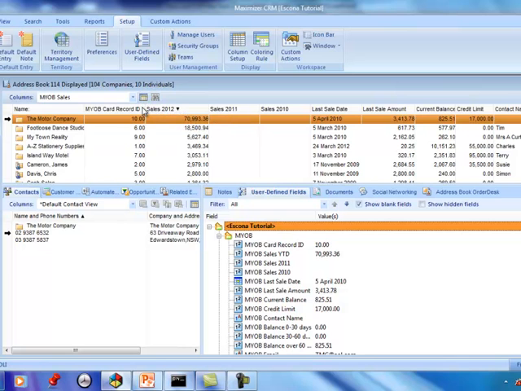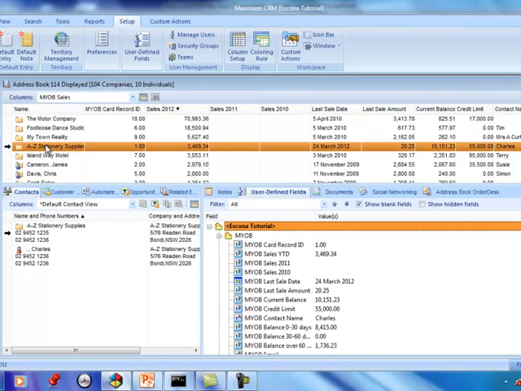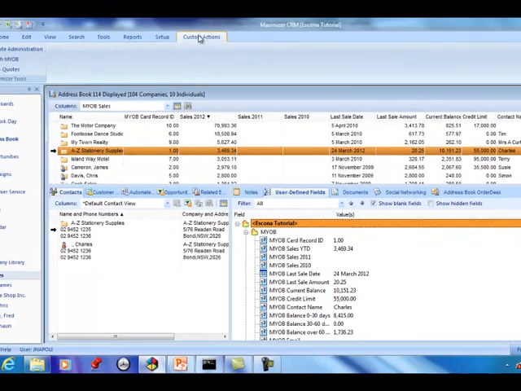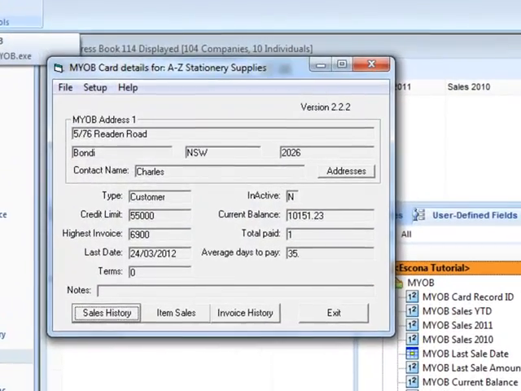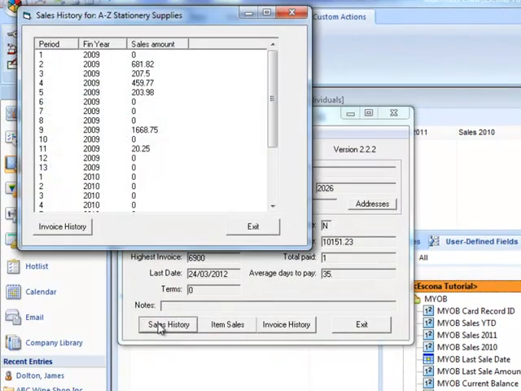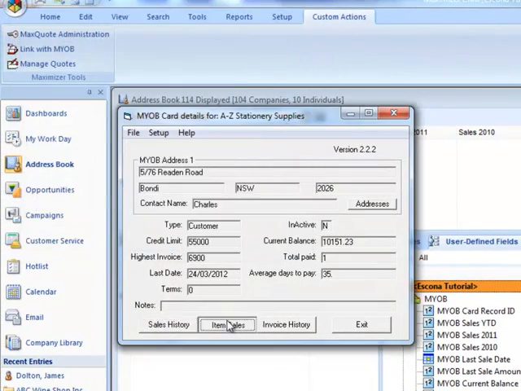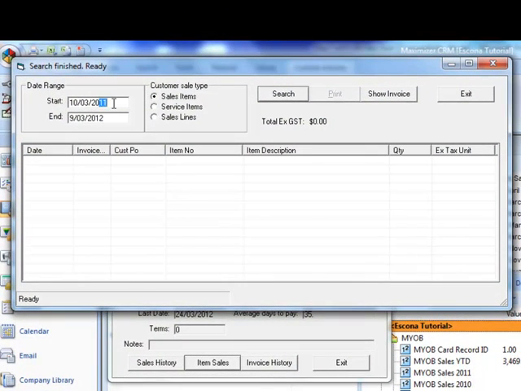First, we find and select the client in the address book window. So I'm going to select A to Z Stationery. And then I'm going to click on our Custom Action ribbon and select Link with MYOB. Now we can look at sales history, item sales,